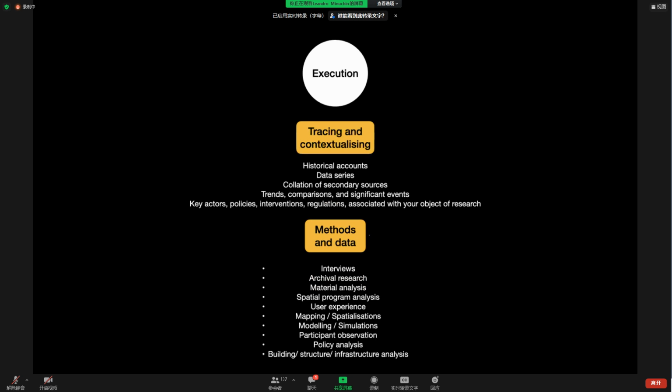So what do I mean by tracing and contextualizing your case studies? There will inevitably be an introduction in your dissertation. So let's move back a little bit. Your dissertation will have a general introduction chapter. That will be chapter 1. That will come after the abstract of your thesis and your table of contents. Chapter 2 traditionally is reserved for the conceptual chapter, the literature review chapter. Chapter 3 is for the methodology, if you have one. Otherwise, your methodology would have moved to the introduction. And chapter 4,